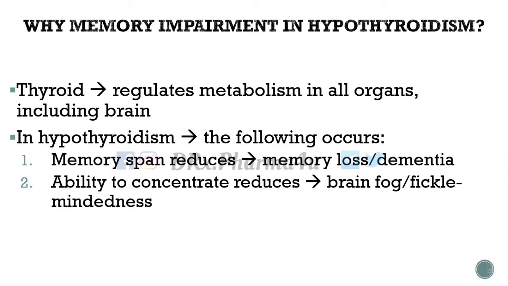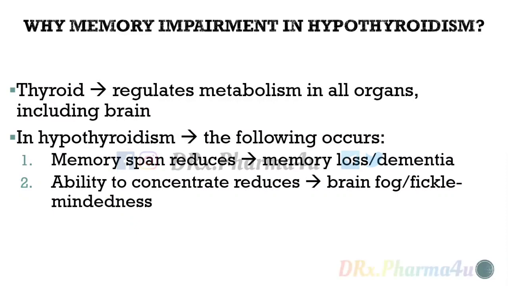Why memory impairment in hypothyroidism? Thyroid regulates the metabolism in all the organs, including the brain. So if proper metabolism doesn't happen in the brain, that can cause a reduction in memory span. Maybe I'll say something to you today and a few hours later you will forget. That is memory loss or dementia. It can cause short-term memory loss also. So this is not at all a very good